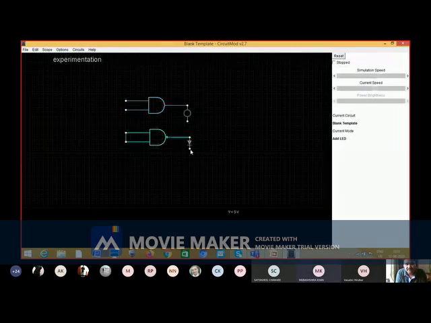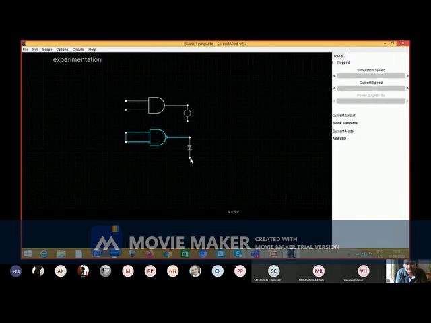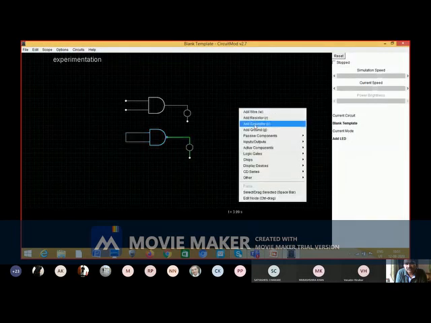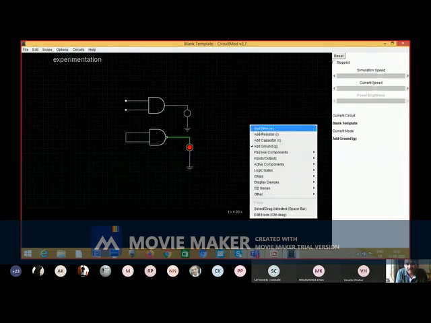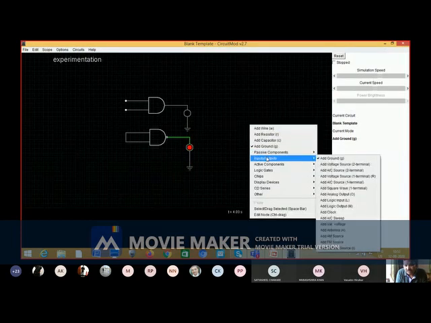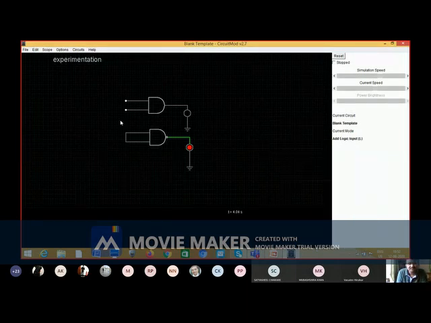Two separate LEDs for two outputs. And I can add a ground. Okay. And inputs are okay. So before that I use just 5 volt and 0. So what I can do, I can use logic input L, logic input high.